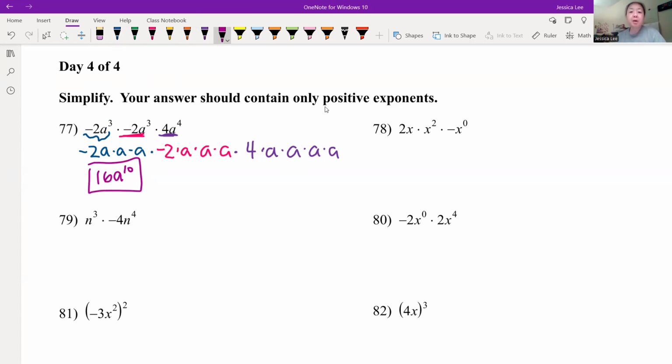We always have to make sure we have only positive exponents. We have positive exponents, we're fine. All right, next one right here. Again, the coefficient does not matter. That can be negative. Like, we could have had a negative answer, but